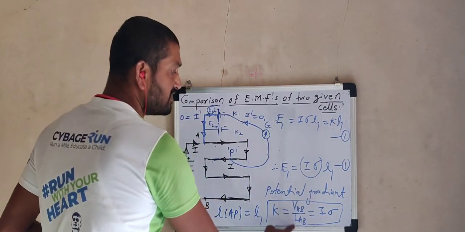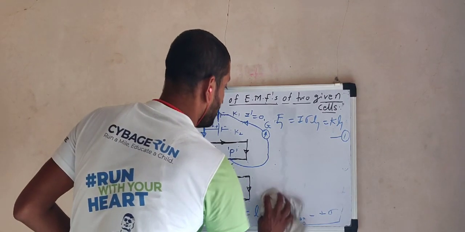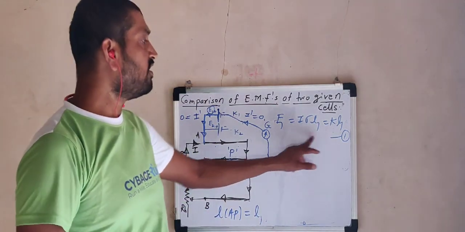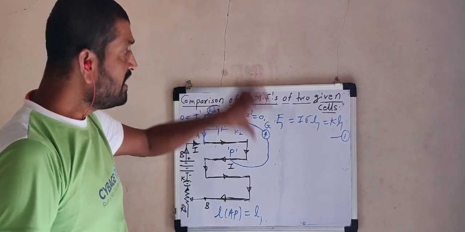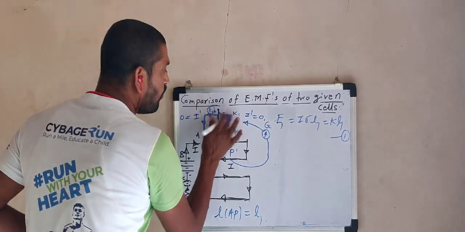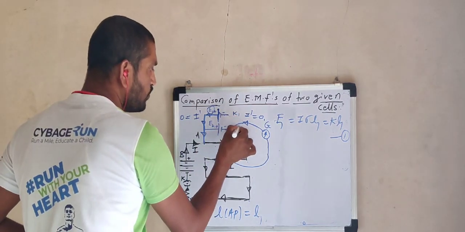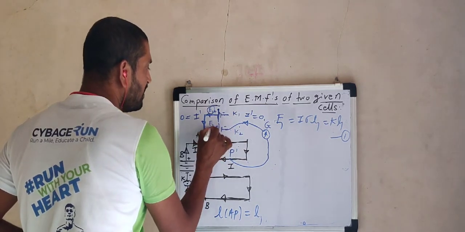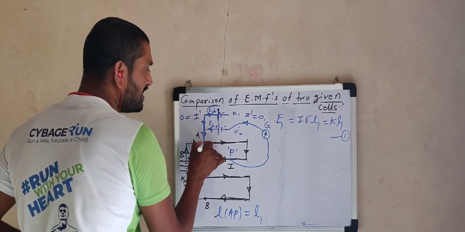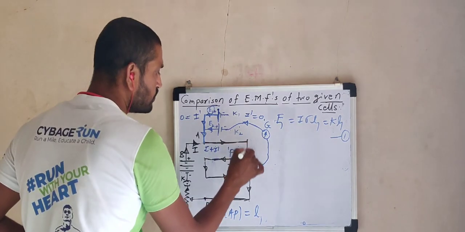Now the SI unit of potential gradient as per the formula will be volt per meter. So this is the EMF of the first given cell, E1 is equal to I sigma L1 or equal to KL1. Now in a similar manner, you have to repeat this experiment with key K1 open and K2 closed. See here, when key K2 is closed, what will happen? Current will be drawn from this cell of EMF E2. This current will be received at this junction, so both currents combined, I plus I dash, will flow through this part.